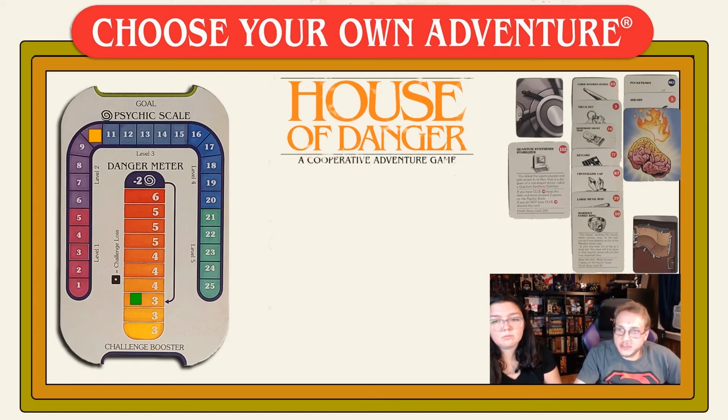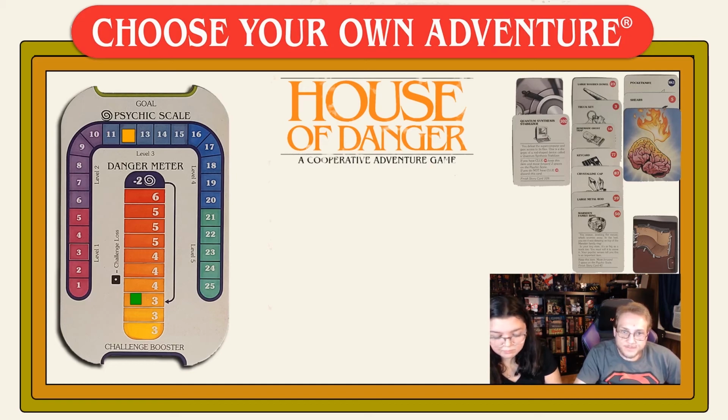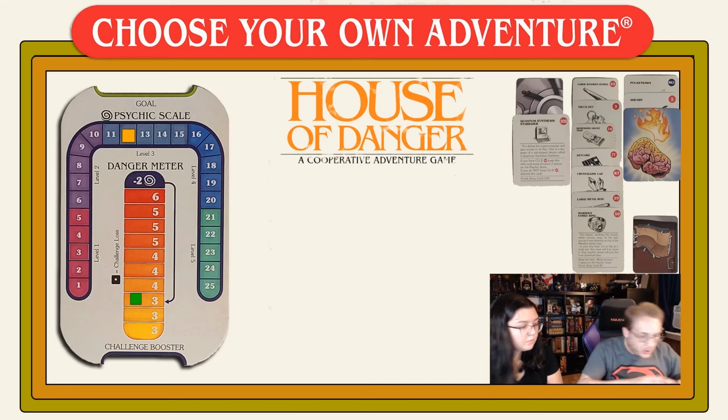So let me shrink this a little bit and move up clue 102, or item 102, on our board here. Okay, fantastic. And we go up 2 ticks on the psychic scale, taking us back to level 3. And we finish up this card. So Paul, would you like to take